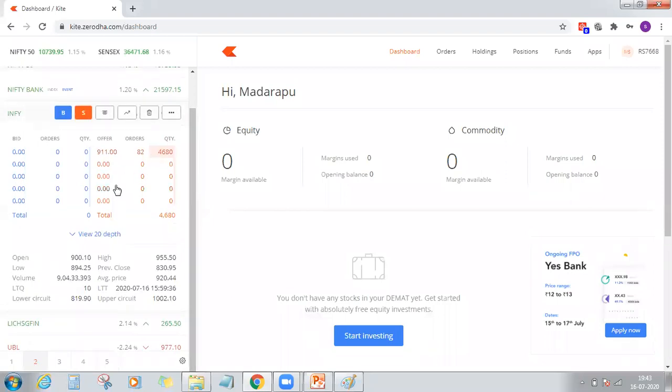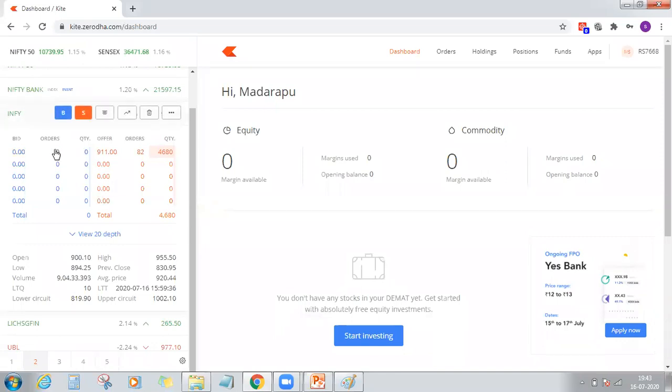Now on the left side, you have the ask price and ask quantity. We have seen this yesterday. Bid price, bid quantity, and ask price, ask quantity. Here you will only be able to see the limit orders, because if someone is trying to buy at market prices, that won't get stored here in the order book. Immediately the matching price will be found and the order will get executed.